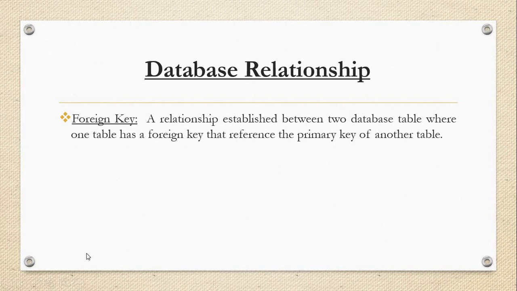So in that, one primary key is set in the first table, another primary key is set in the other table. And if we have any reference, then we will create the primary key as a foreign key in the first table, or otherwise the first table's primary key as a foreign key in the other table. So don't worry, we will check the one-to-one relationship and you will get the idea. Okay, so make a note of that.